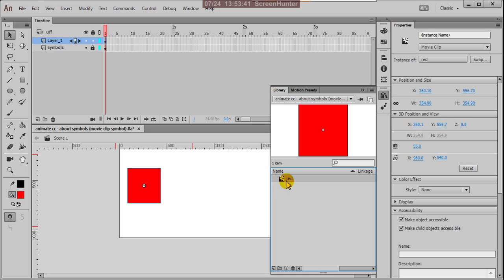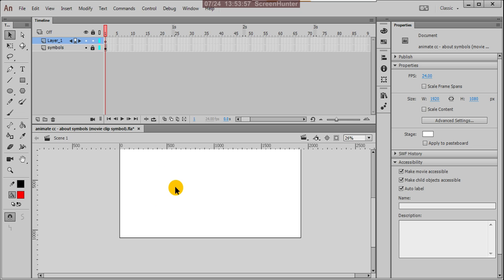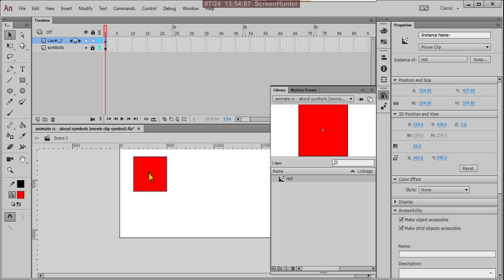For the button symbol, a different icon is represented. Now suppose you can delete this here, and get it from the library, or otherwise here also.